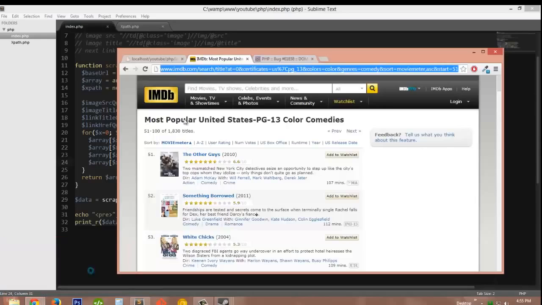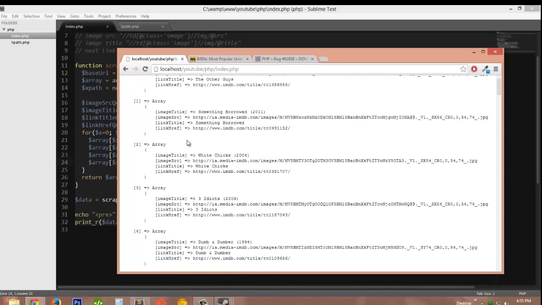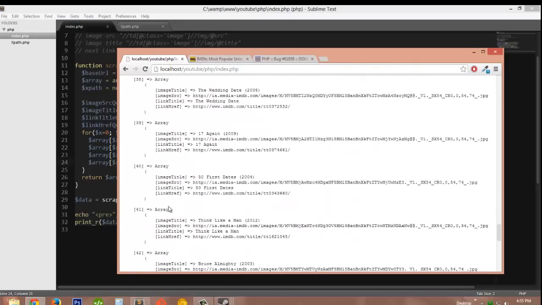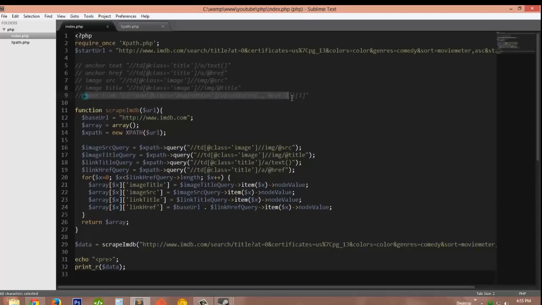Whoops, wrong page. So now this is the second page, the other guys, white chicks, all that stuff. So this is the second page, and you get the idea. So what we're gonna do to make this work is when we found this next link for the pagination, however